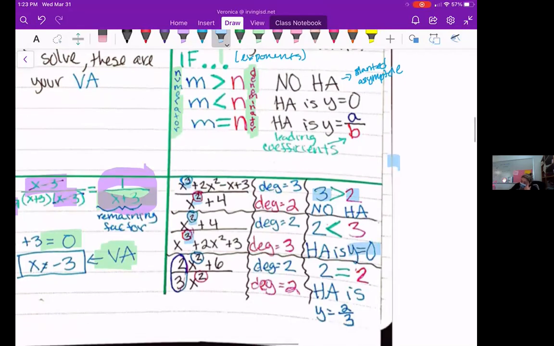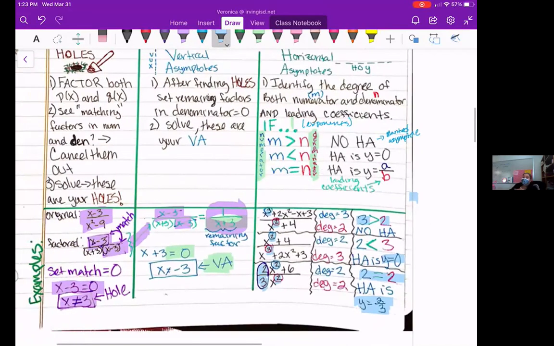On the last one, you can see that the degrees of each polynomial are equal to each other. So your horizontal asymptote is the numbers in front. So 2 over 3, that is simplest form. So your horizontal asymptote is at 2 over 3. Okay, all right, so that is all the information that's given here. This will help you go back in case you forget how to do something. Okay, now,